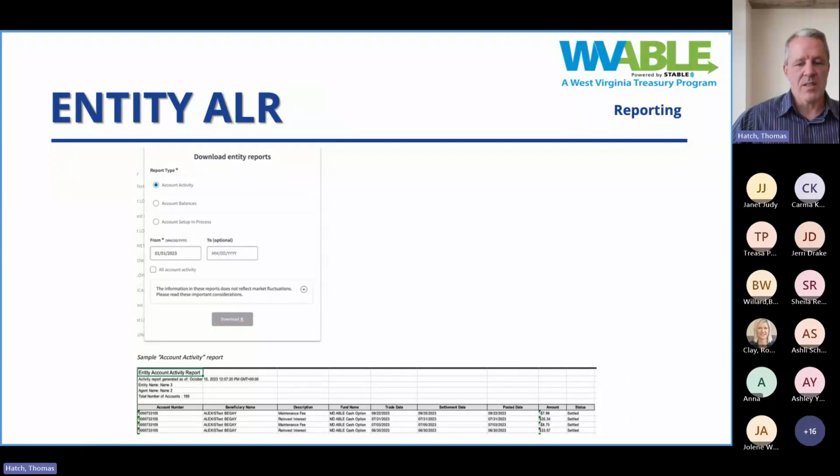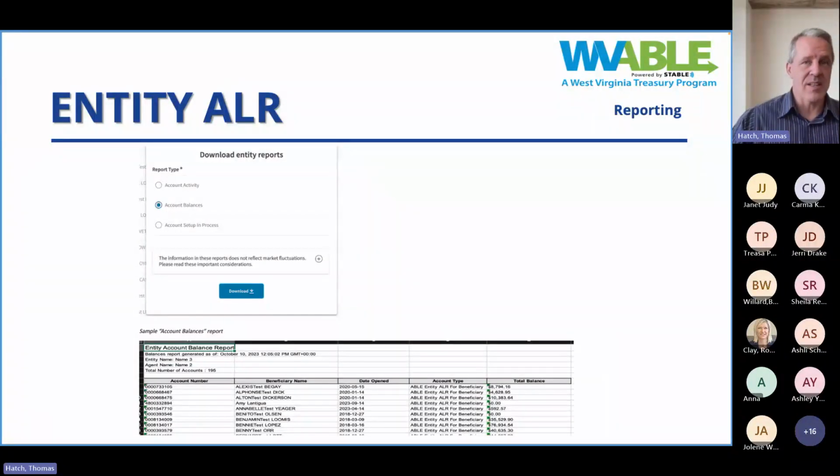So after account activity, we go to account balances. And this one just gives you a balance of every single account that you are managing. Now, a couple great things about this, but first, before I talk about that, one quick caveat, and that is, if you understand how investment products work, especially mutual funds, they are priced at the end of each day. So the value on those aren't really seen until a report on the next day.